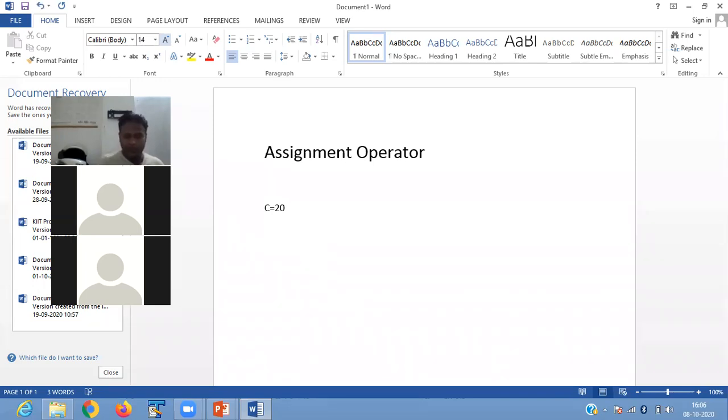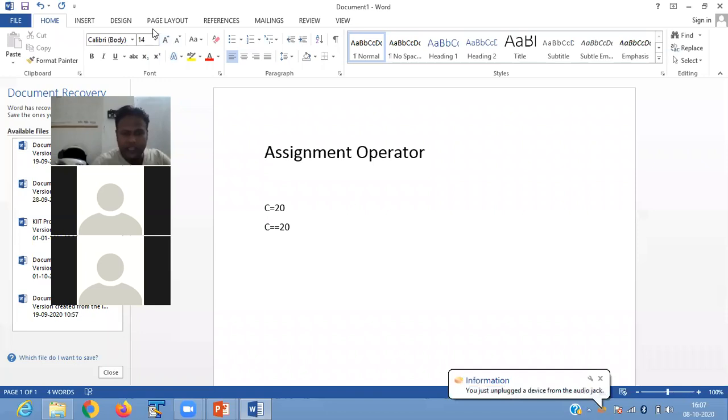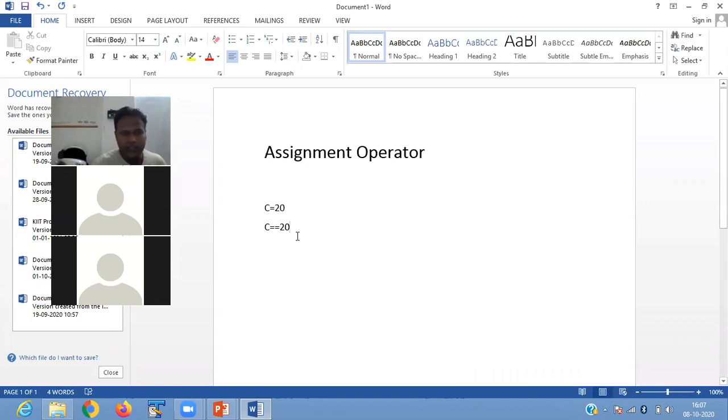If I pass C equals to 20, it is saying that we are assigning the value 20 in C. If I write C is equals to 20, that means I will check whether the value of C is equal to 20 or not.